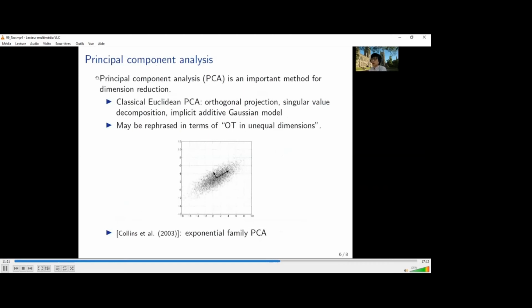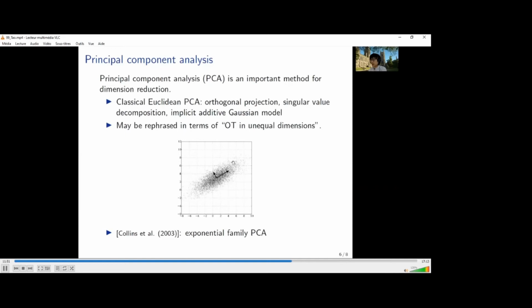So as we all know, principal component analysis is an important method for dimension reduction. And the most common way of doing principal component analysis is to look at the Euclidean PCA, which amounts to doing an orthogonal projection. So here I have a picture for Euclidean PCA, where I have data in a 2D space. And if you look at its covariance matrix, the first principal component gives us the first eigenvector corresponding to